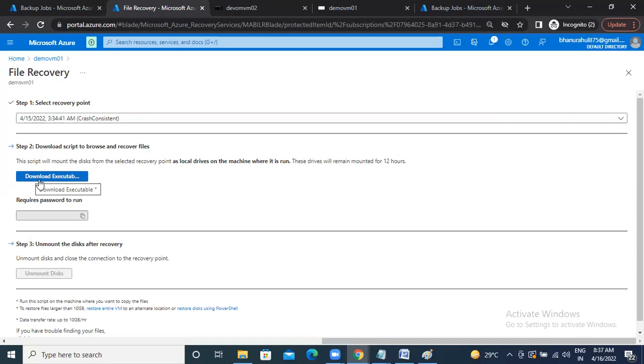Once you download this file, the password will get generated here. Once this password is generated, you download the script and you have to run the PowerShell script. It will ask you for the password to log in. While entering this password, paste the password that is generated here, and when you submit that,